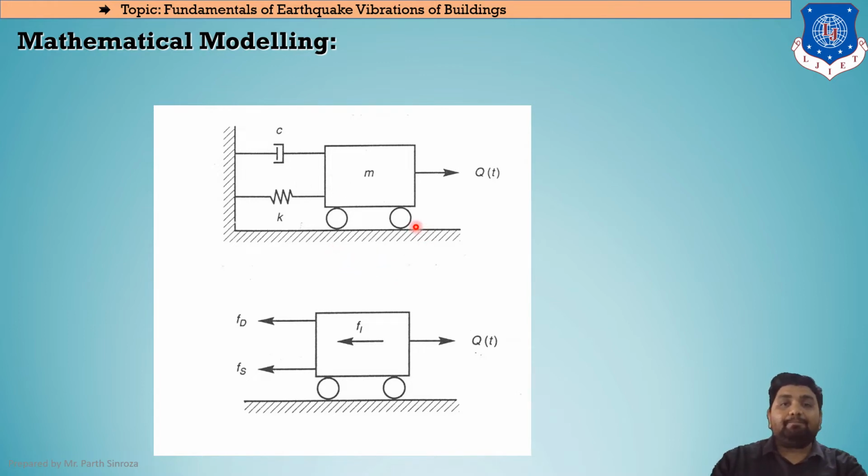So the representation of any structural point or structural design, or you can say structural element, in a spring mass model is known as mathematical model. So this will be the mathematical model, and this is the free body diagram of that mathematical model. So we will be seeing in detail how actually the mathematical modeling will be working. For that we'll be taking few examples of how to solve mathematical modeling. See, these are the forces that we have discussed. The Kx is the stiffness force, this is the damping force Cx dot, and this is the inertia force Mx double dot.